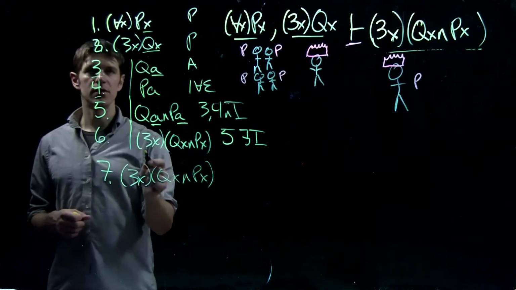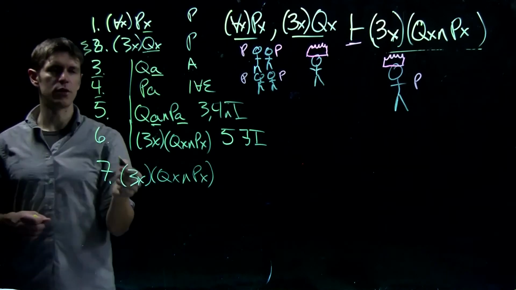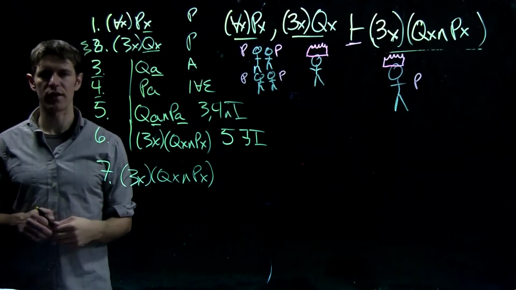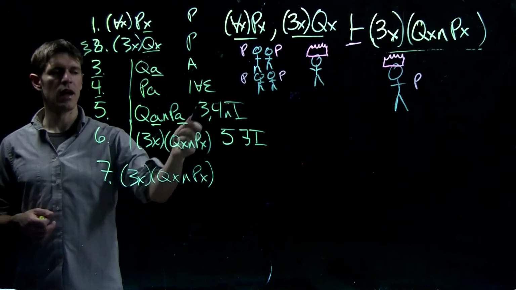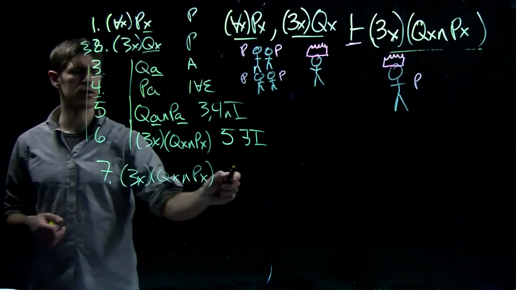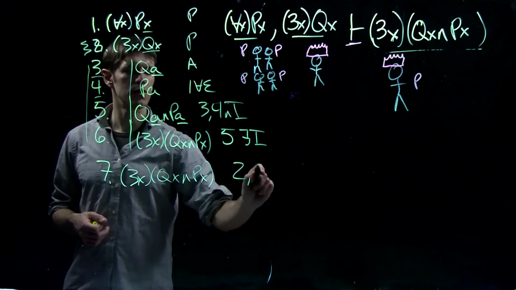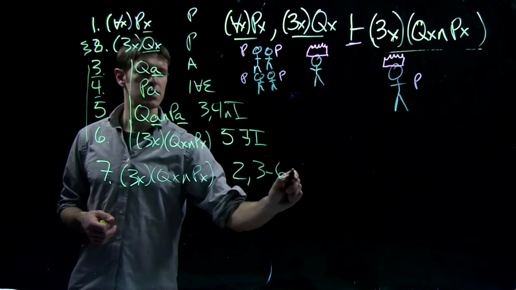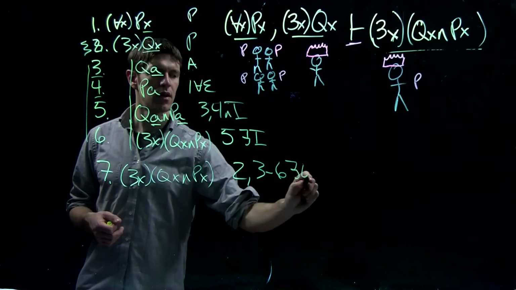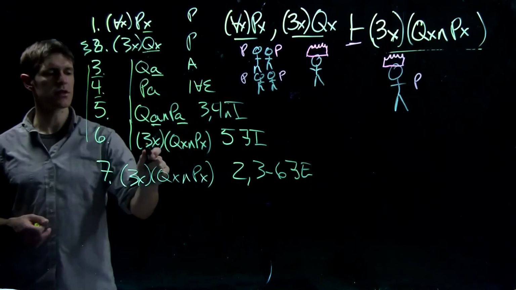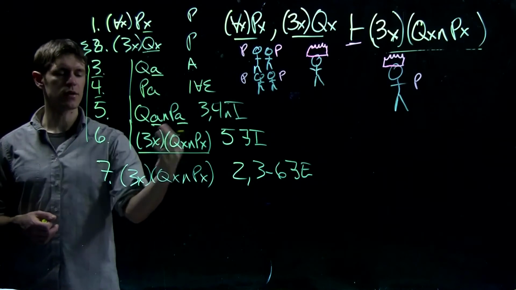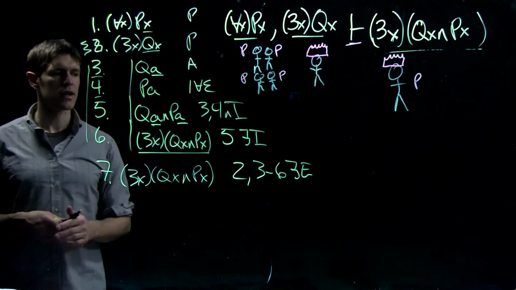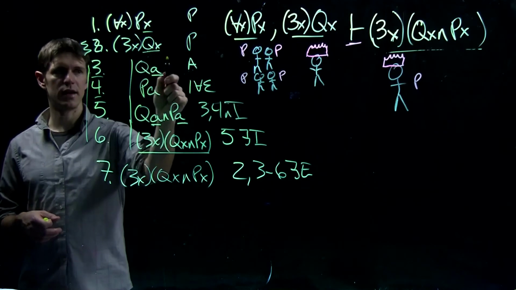In using existential elimination, we're reasoning from 2, which is the existentially quantified expression on which everything is built, and this entire subproof 3 through 6. So this is 2, 3 through 6 existential elimination. Existential elimination allows us to write this last formula outside of this subproof,